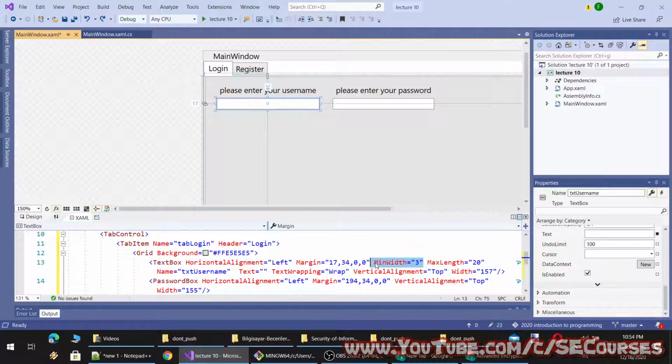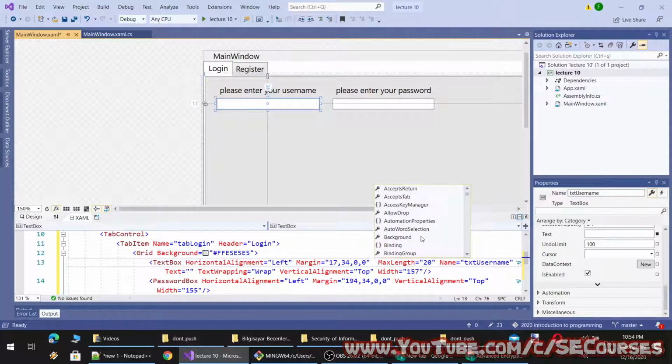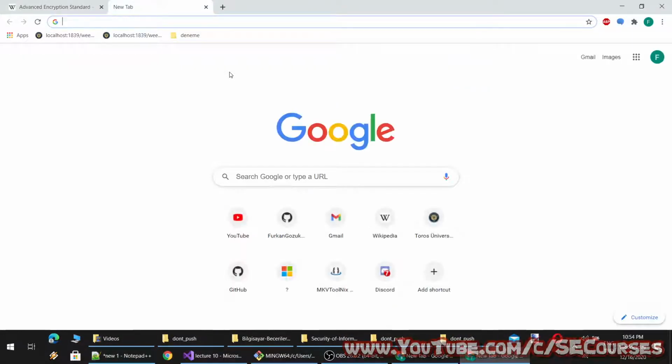So what else can there be for length? Let's look from Google.